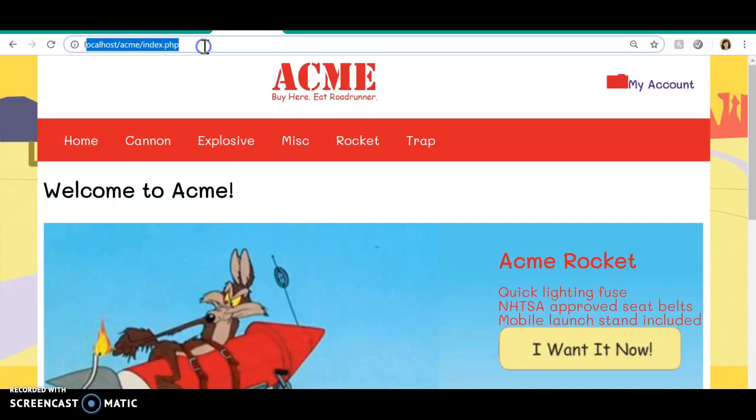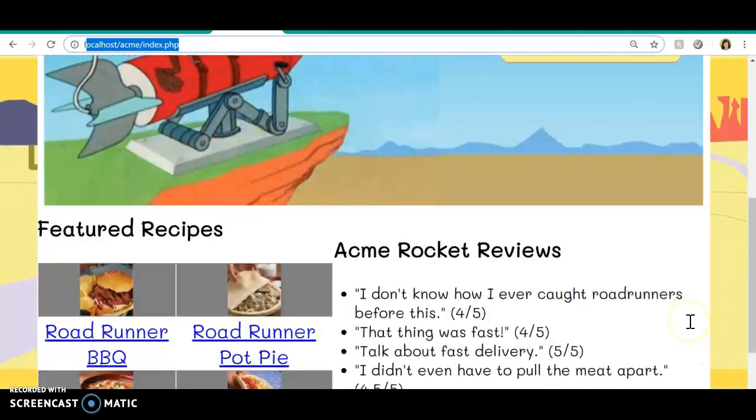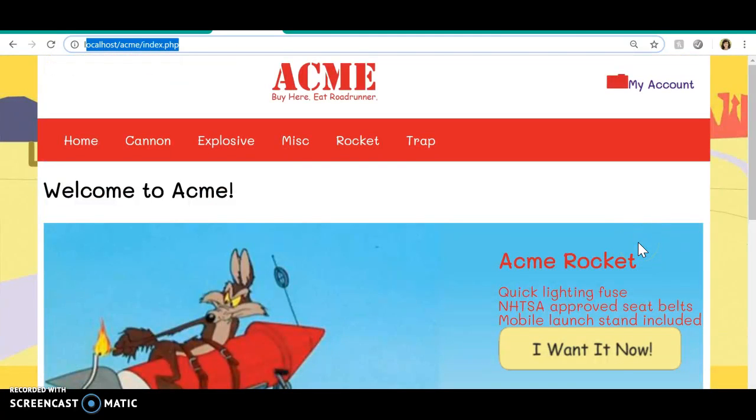You can see in my bar up here, we are on our index.php, which takes you to our home page. It's rendering properly. I did have a little bit of trouble with the CSS when I turned my account into a link. My logo moved, and I've been struggling with that. But other than that, it did render, and my navigation is dynamic, which I'm really excited about. After a lot of time and frustration, we figured out why I was having problems, and it is now working